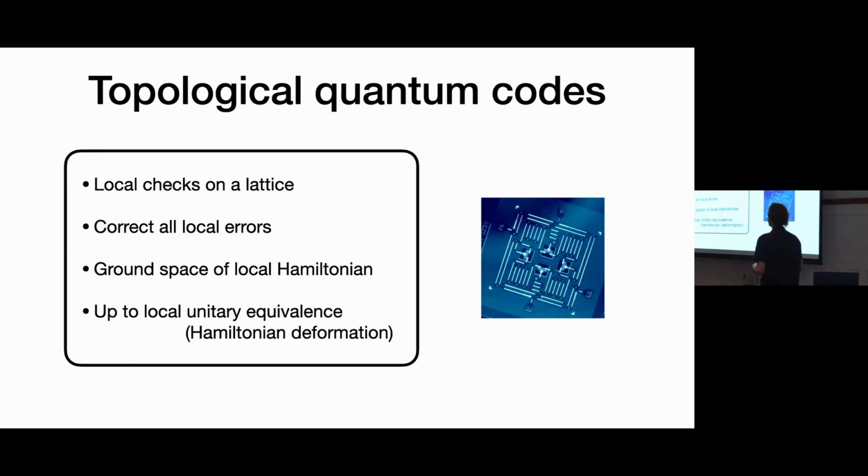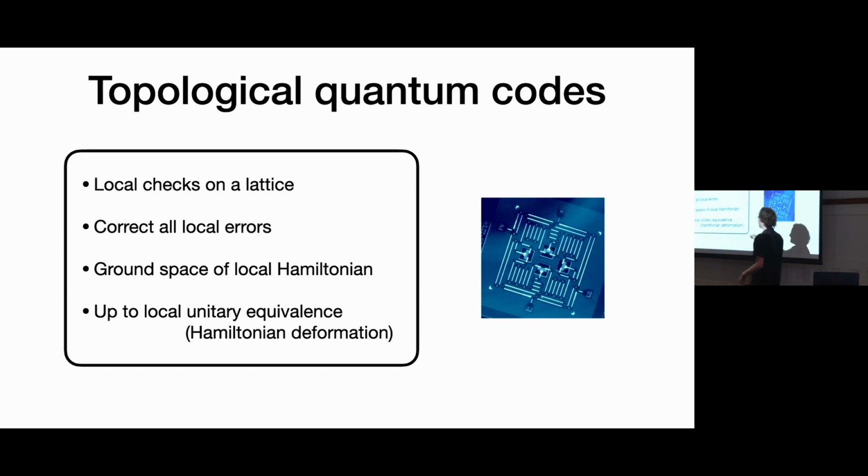They're called topological codes, and they have a really nice connection to physics. You can view these code spaces as the ground spaces of some Hamiltonian that has only local interactions. And this gives you a window into connecting this type of code to ideas we have from condensed matter physics going back to the 70s, say.